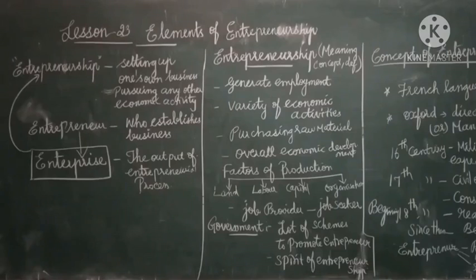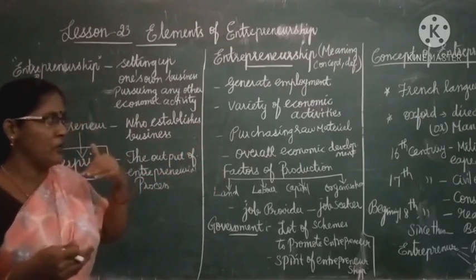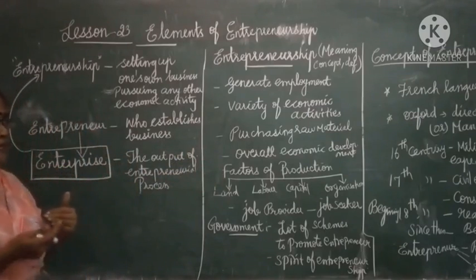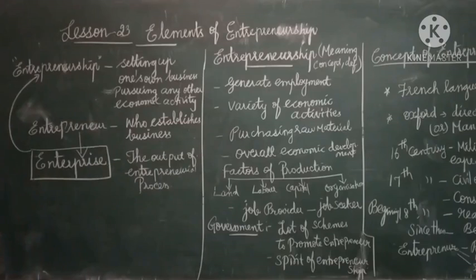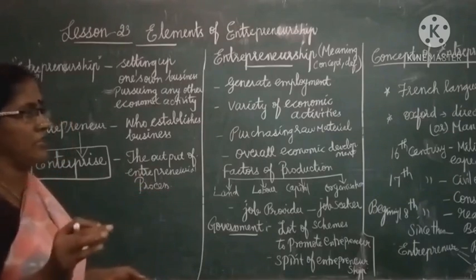So, any business venture started triggers a variety of economic activities. What are the economic activities they are doing? Like purchasing raw material and also selling, purchasing many products and also creating employment opportunity. Lots of economic activities are done in entrepreneurship. So, for what reason are they doing all these economic